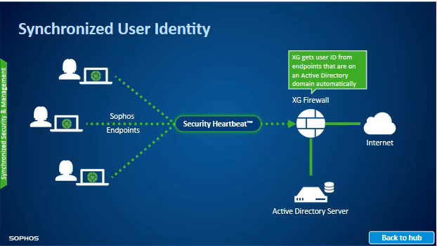With version 17.5, endpoints on an Active Directory domain can now share user identity with the firewall through the security heartbeat connection. This makes user identification seamless and easy without having to deploy agents on the domain controllers. This feature can be very helpful in many situations, but particularly where inline deployments of XG with other firewalls is